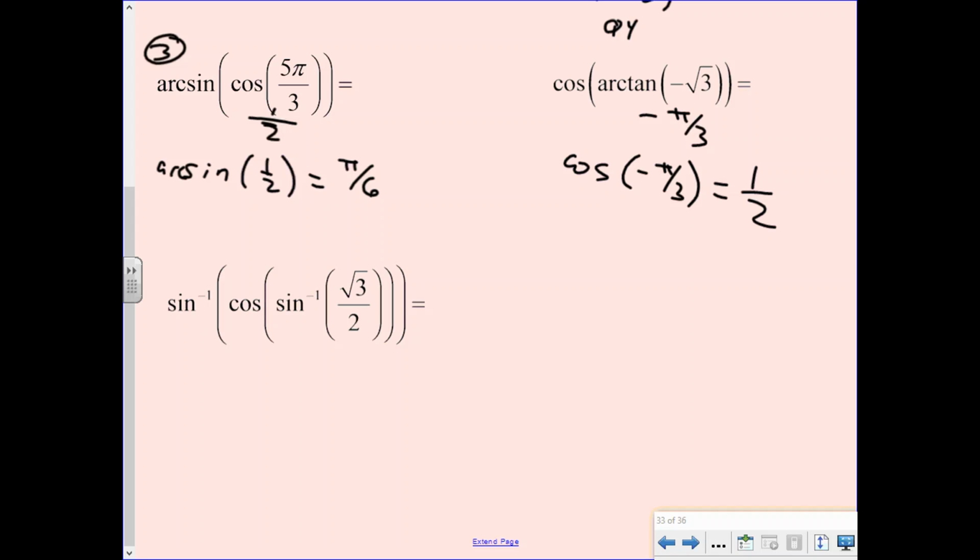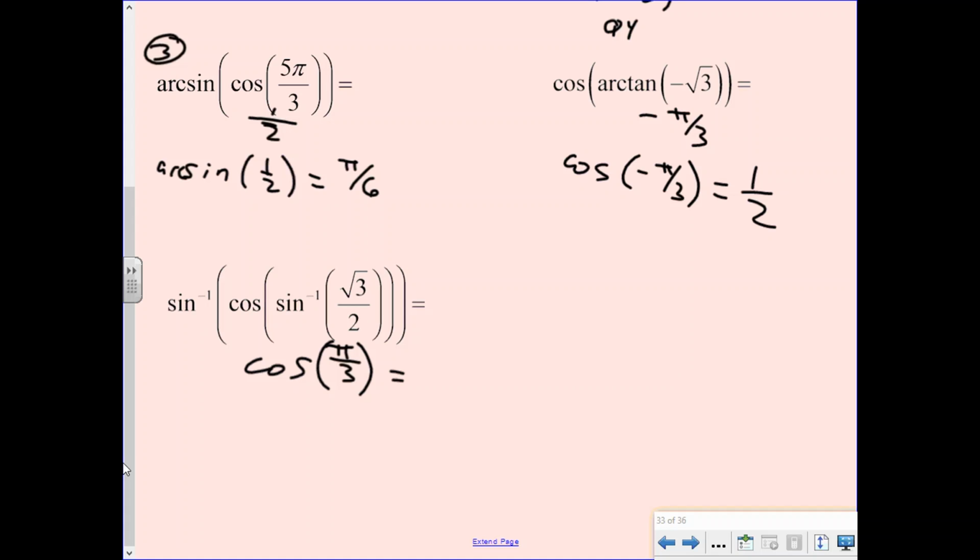And so we're still going to start on the inside, sine inverse of root 3 over 2, first quadrant. And I'll give you a second to do that one, see if you can work that out real quick. So the sine inverse of root 3 over 2 is pi over 3. So then we do the cosine of pi over 3,